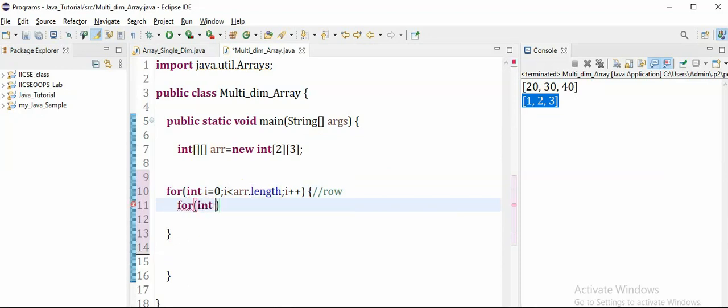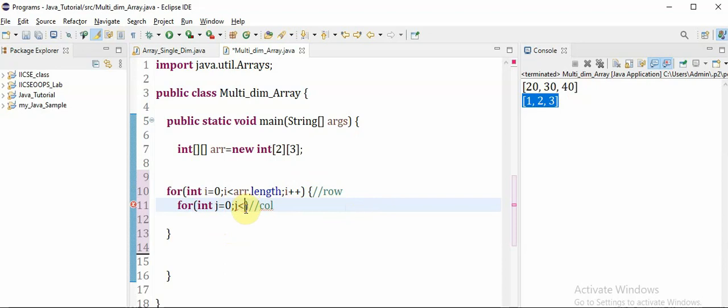Again, we are going to use another variable j equal to 0, since the array starts from 0. Then the j condition is j less than, so how long? This inner for loop, I said, we are going to use for columns. For the first row, how many columns? We know now it is 3 columns, but getting it dynamically is a good practice.